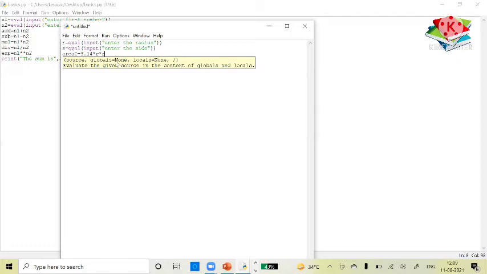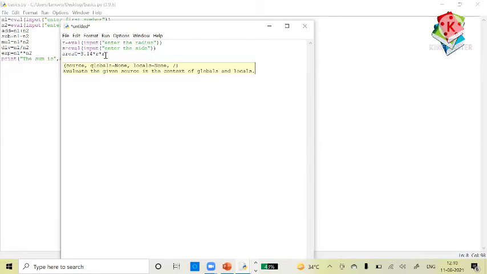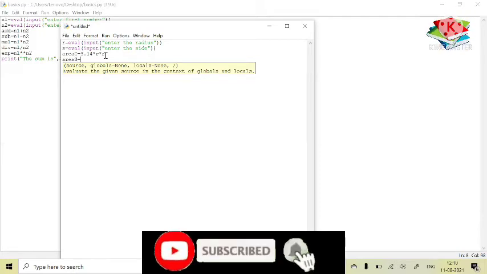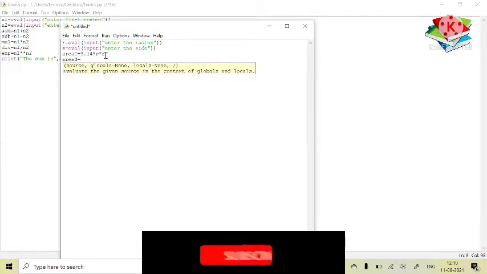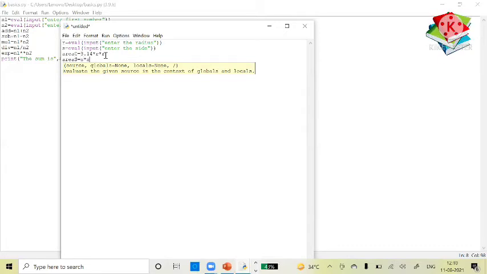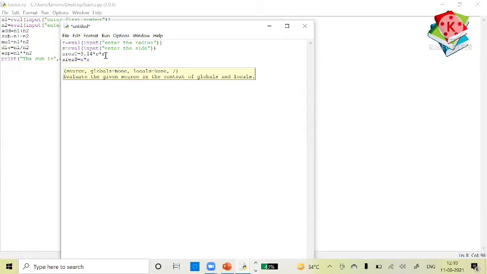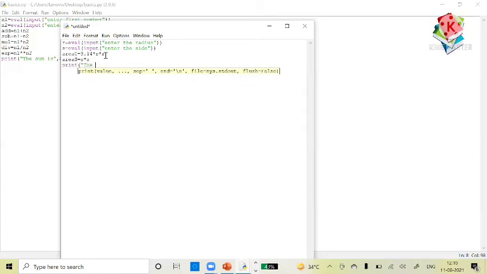Okay, so this 3.14 into r square is going to give me the area of circle, and I'm going to store it inside the area C variable. After that, what you want to do, you want to calculate the area of the square actually. So I am going to store it in the variable area S, and the area of your square is very simple. It is side multiplied by side. And once you calculate all these areas, you simply have to print. So print a message, the area of circle.